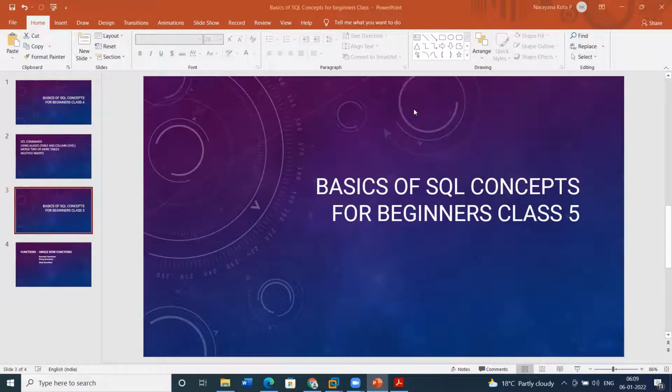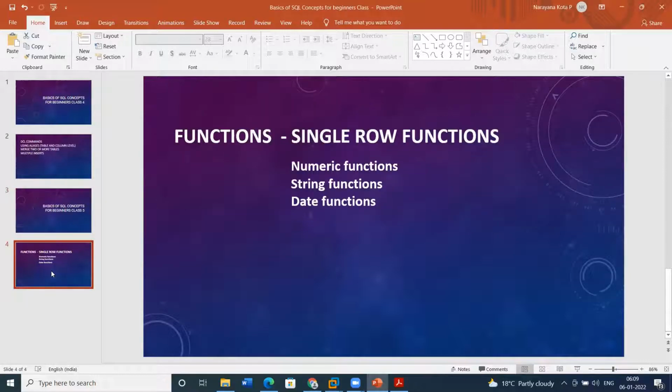So in this class, we will discuss functions. Functions are basically classified into two types: single row functions and group functions. In single row functions, in this video, we will be discussing numeric functions, string functions, and date